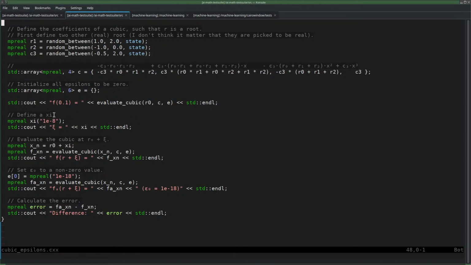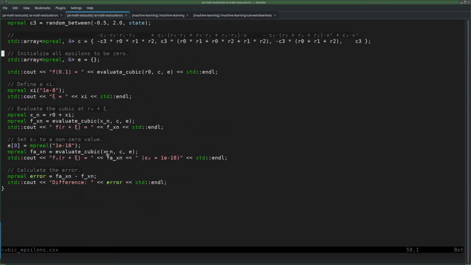Now we introduce a small xi, which is set to 100 millionth, and use that as an offset relative to this root, and then evaluate it again. And then of course you get something that is not 0. However, this is our f of xn. xn is equal to r plus xi. And now we introduce an epsilon, epsilon 0 equal to 10 to the power minus 18. If now you evaluate this cubic,